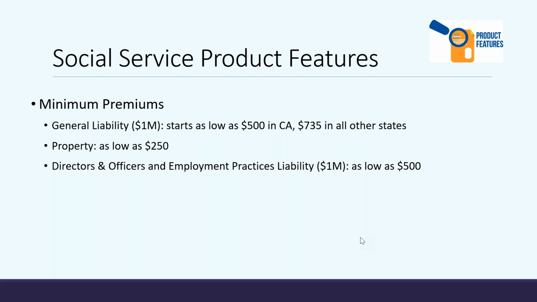I think the confusing part is that we do ask for square footage. So if they don't have a building, then how are they getting the square footage? You can just use the square footage there. Maybe when they're in a classroom or maybe for their board meeting, they're meeting in some conference room or something like that. Just give us an idea. This is also where we could probably just put something like 500 square feet, and then just rate based off maybe the other activities they're doing. So I think that's the idea, is that we just want to make sure we're pricing them appropriately. But if they don't have a building, that's really not a problem. And like I said, the vast majority of the time they're not going to even have a building, but we can cover if they do have one.